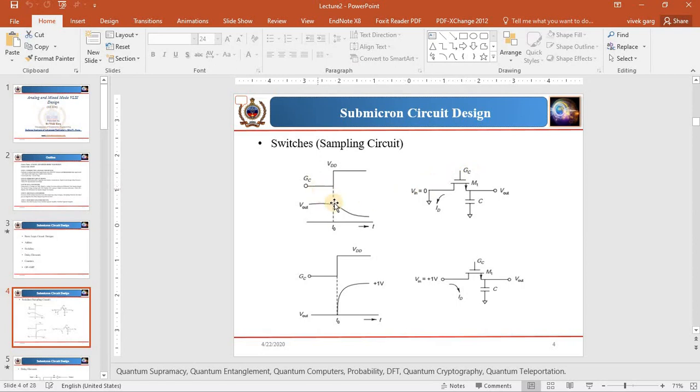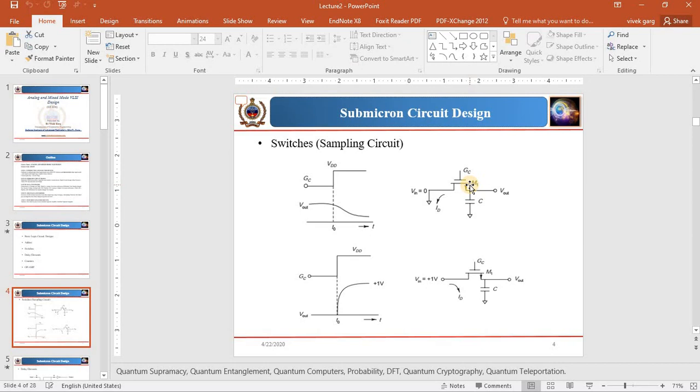Considering the case before T naught, the output means the capacitor is charged before T naught and the gate voltage is 0, right? Under this condition, the input is 0. At the instant of T naught, when the gate command or gate voltage is increased to VDD, both the gate-source and gate-drain voltages are basically equal, right? So if both are equal to VDD, the transistor will be in